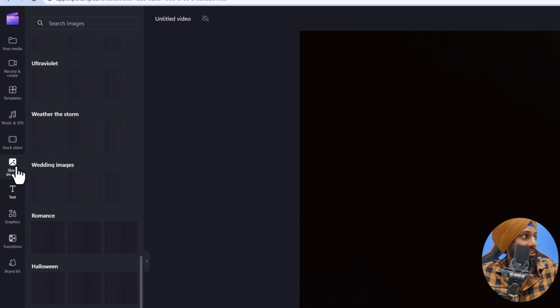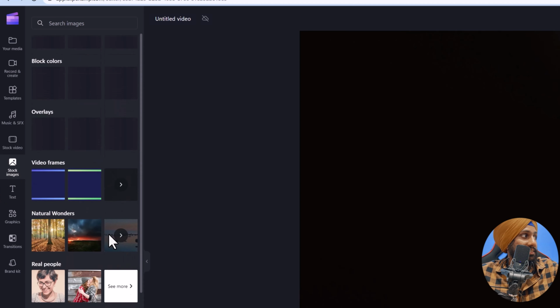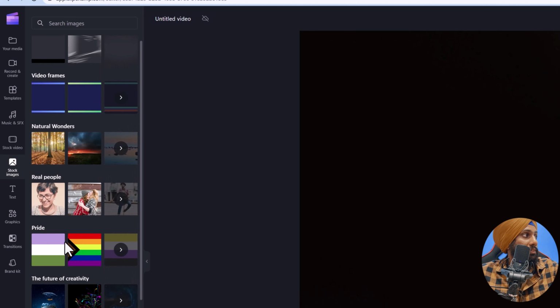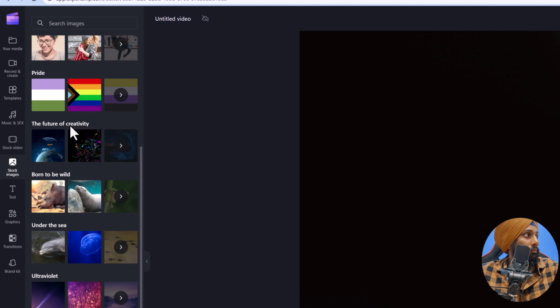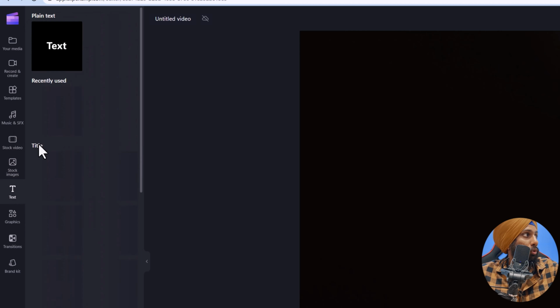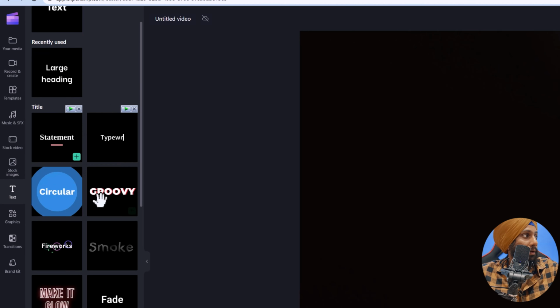Next is the stock images, and for the stock images, as you can see, it is the same, but there is something you can go for. It's like overlays, block colors, video frames, something like future of creativity, and if you just click on see more, you will find everything, or you can just search for it. And if you go to the text, text boxes are available, like in the statement, in the groovy,